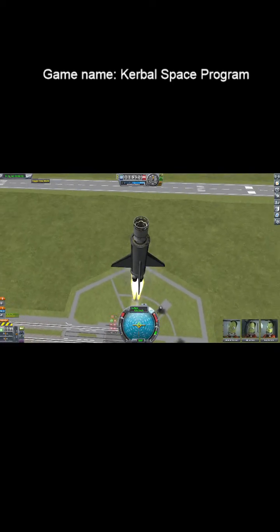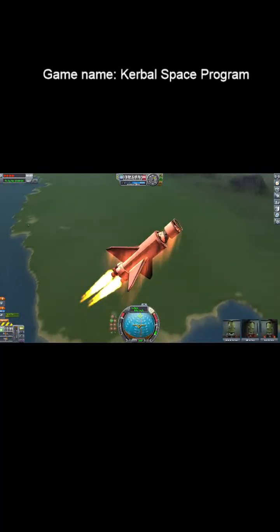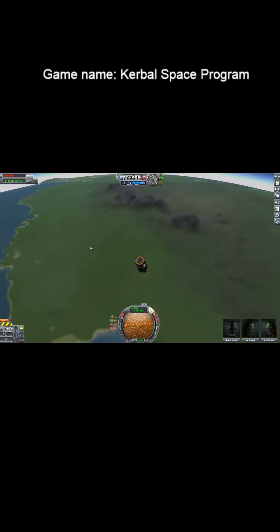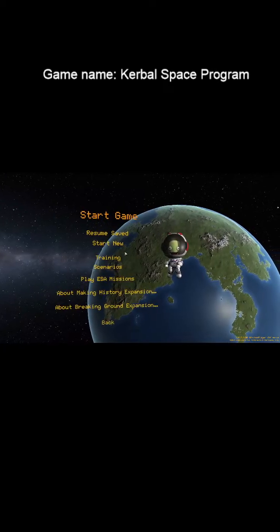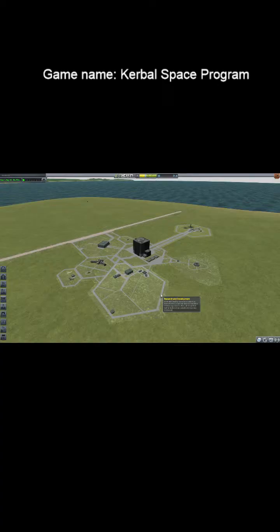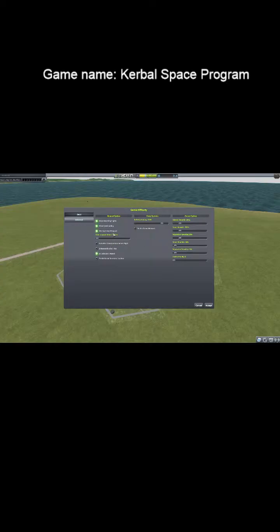Prograde. Perfect. Going straight up. The whole way. I hope. Almost. Then that happens. It's not working. Let me go back to this one. And let me see if I go to the settings. If there's any way for me...